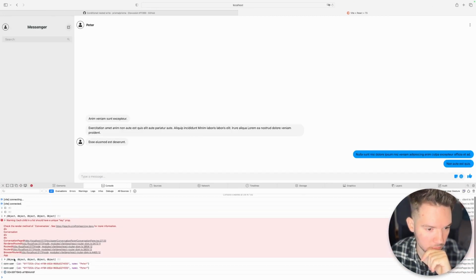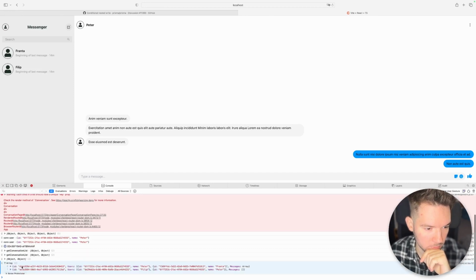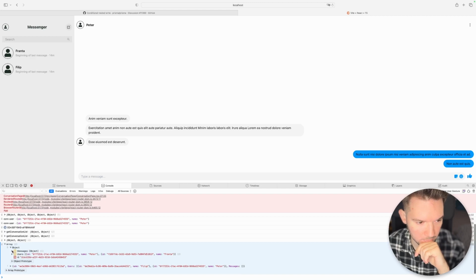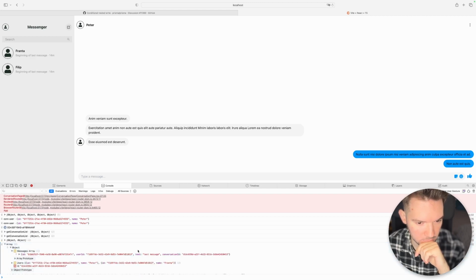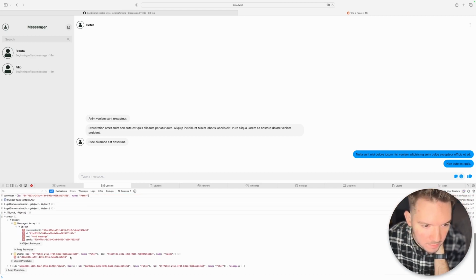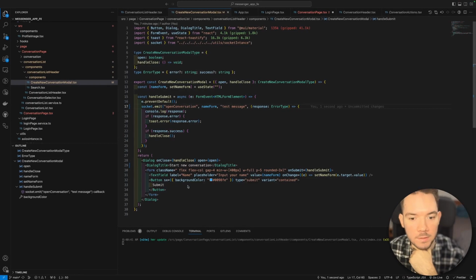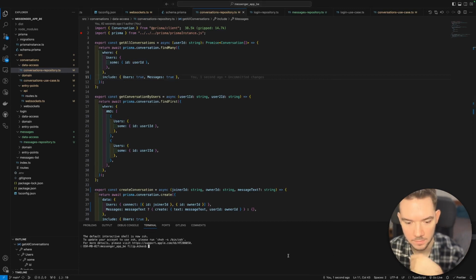And now Peter, Franta, messages, test message. Nice. So the first message was created. Cool. And if I take a look at the Prisma Studio,